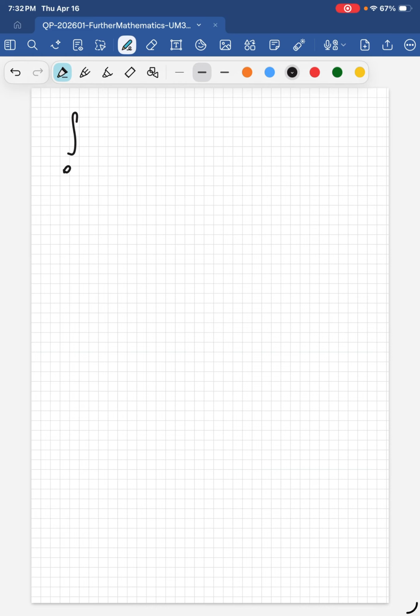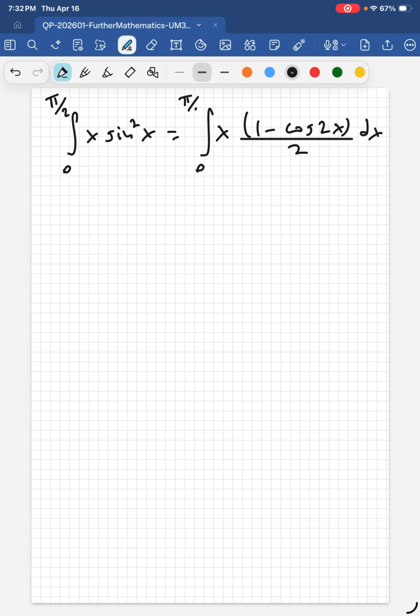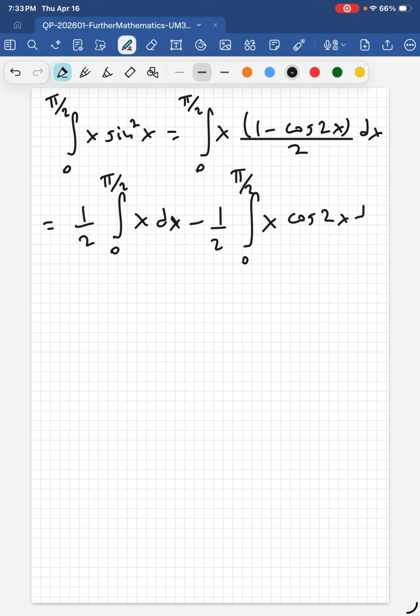So we have the integral from 0 to pi over 2 of x sine squared x is equal to x, and then we use exactly the same idea as before, 1 minus cosine of 2x over 2 dx from 0 to pi over 2, which is equal to 1 over 2 integral from 0 to pi over 2 x dx minus 1 half the integral from 0 to pi over 2 of x cosine of 2x dx, which is equal to 1 half x squared over 2 from 0 to pi over 2 minus